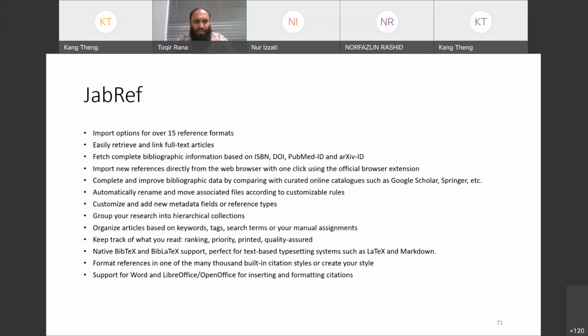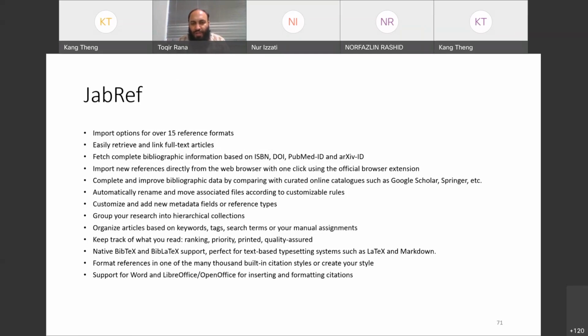Now there's another citation tool, JabRef, one of the most famous ones. I have also practically used it, and I'm still using it. It's very user friendly. I'm not recommending it, I'm just telling my experience. So use whatever you like. With JabRef, you can organize your citations, your references,